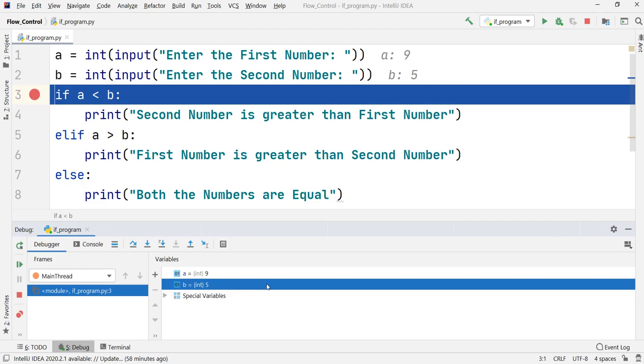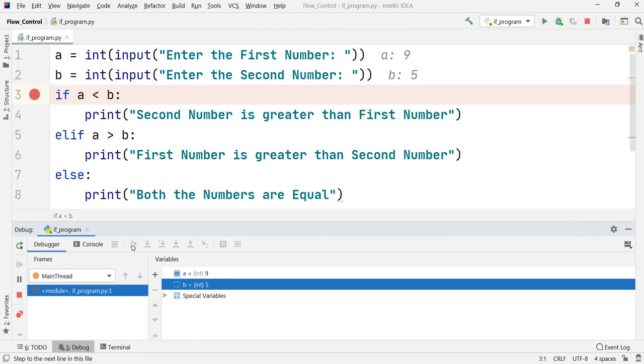Because we had set up our breakpoint at line number 3, from now we can check how, step by step, Python is going to execute the code. To check that, there is one option in this debugger pane which is step over. There are various options, we are going to see them with the course. But for the time being, just remember that we are going to make use of the step over option. So if I click on this once, just check what will happen.